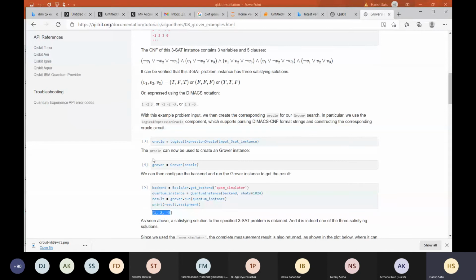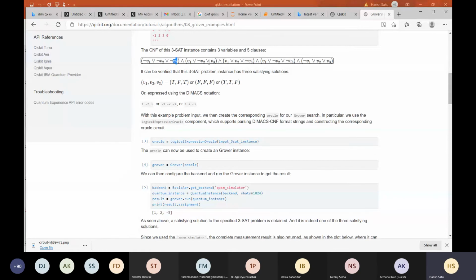Let's suppose we put V1 equal to 1, so it will become 0. V2 is equal to 1, again it is 0. So V3 we put 0, so it will become 1. So it will become true.